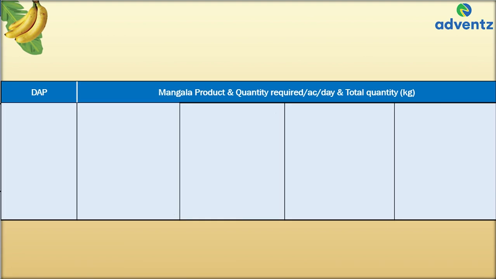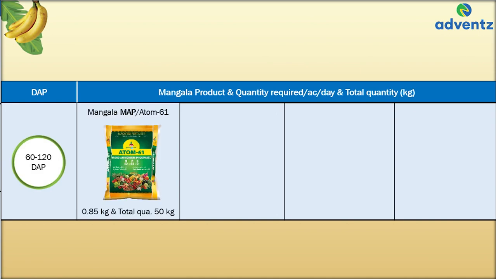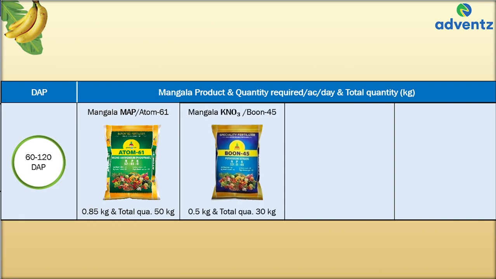The second schedule of fertilizers should be given between 60 to 120 days after planting. The Mangala MAP or Atom 61 should be given at the rate of 0.85 kgs per acre per day, and the total quantity therefore is 50 kgs per acre for 60 days, along with Mangala KNO3 or Boon 45 at the rate of 0.5 kgs per acre per day, and Mangala urea at the rate of 1.2 kgs per acre